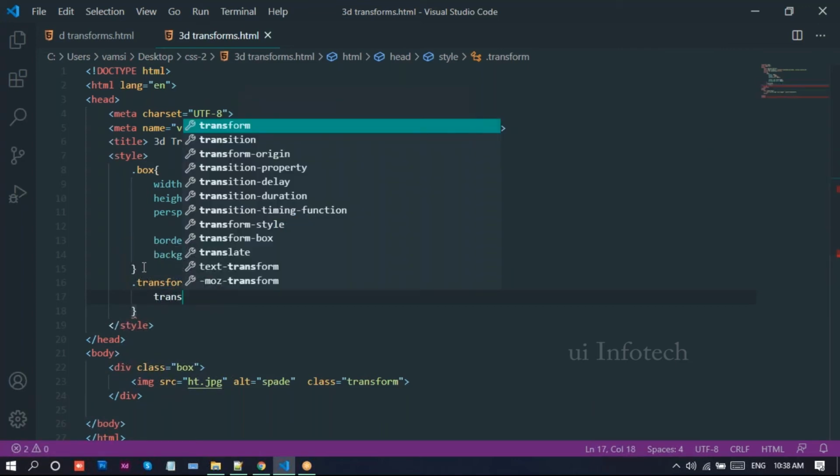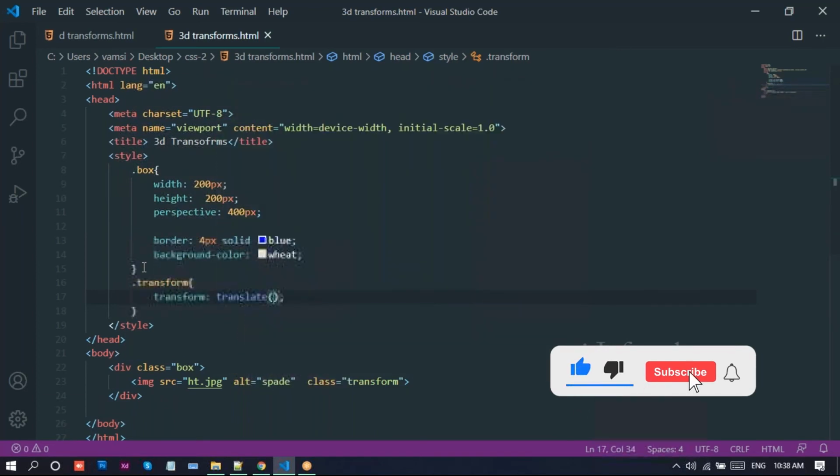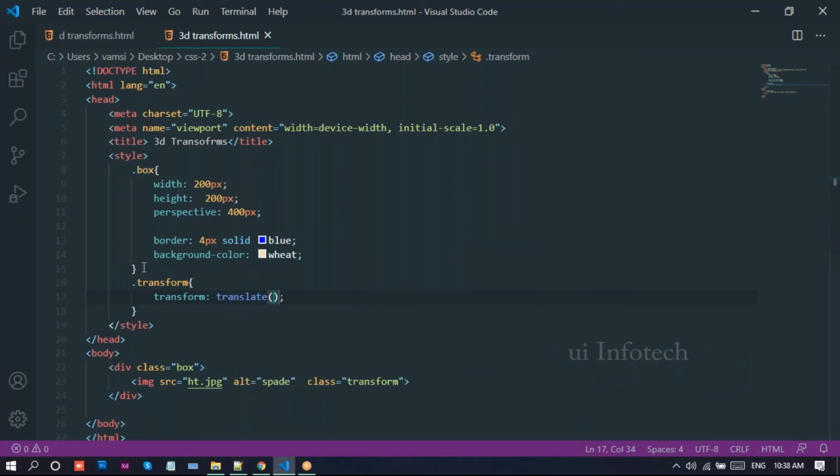For the transform, we need to write transform: translate. We can write the x-axis, y-axis, and z-axis. Before writing this, we need to mention that this is a 3D transform, translate3d. Then you can write 25 pixels on the x-axis, 30 pixels on the y-axis, and 50 pixels on the z-axis.